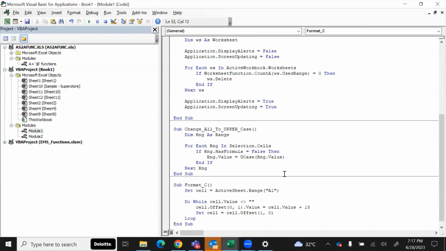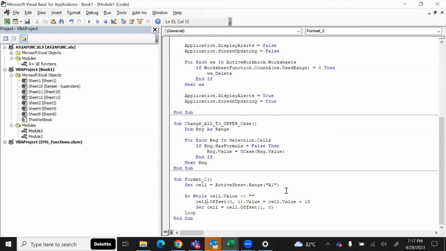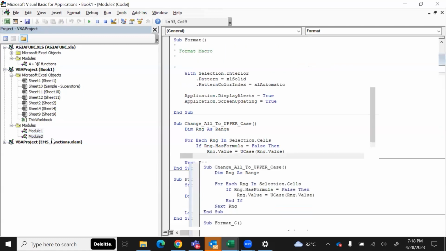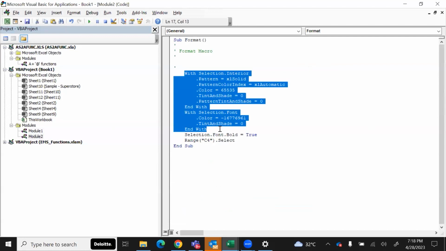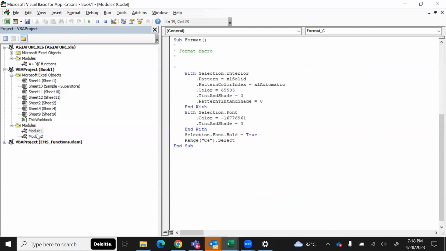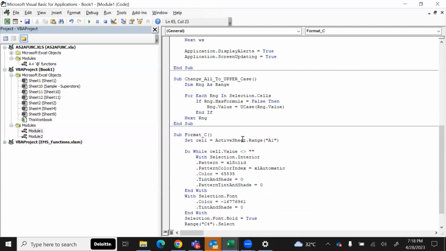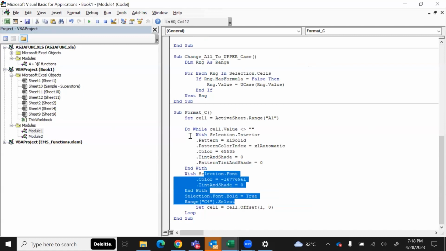And while iterating, this is the snippet that does the addition of 15 and all that. We would replace this with a formatting. But while pasting the formatting, you should also be concerned about how it is getting applied. So we'll first copy the format, place it into Module 1, and then change it in such a way that